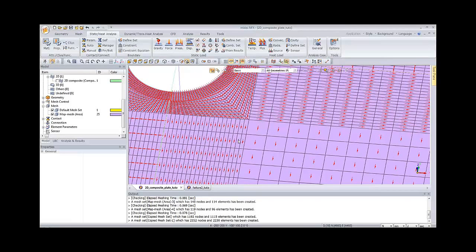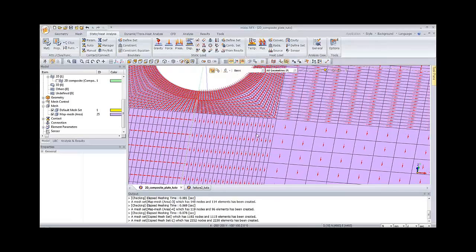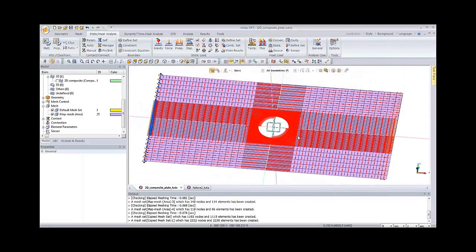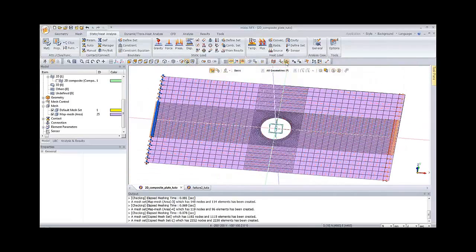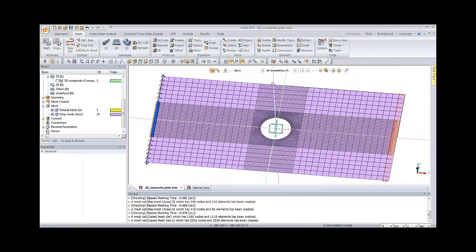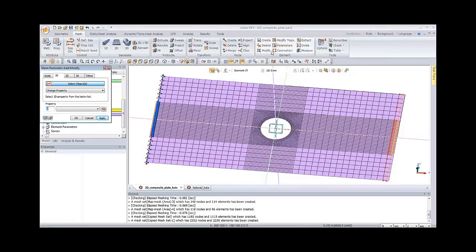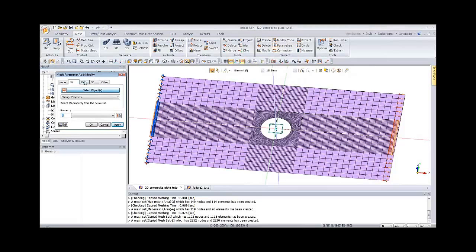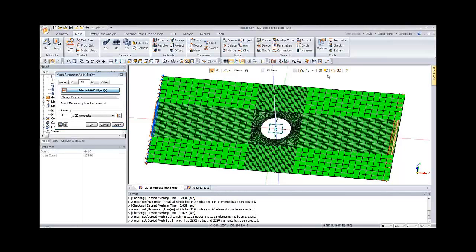So in order to change that, you have to go in the Mesh tab, Parameters, 2D, Parameters, and here select all the mesh. And you have Add Material Orientation.